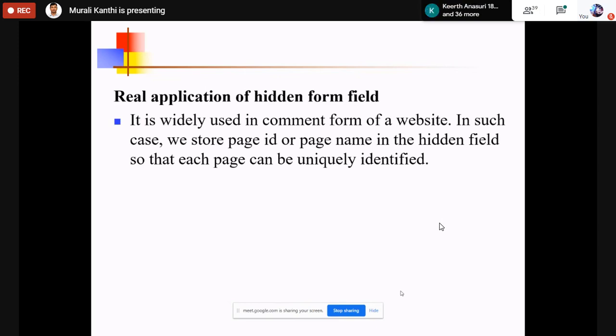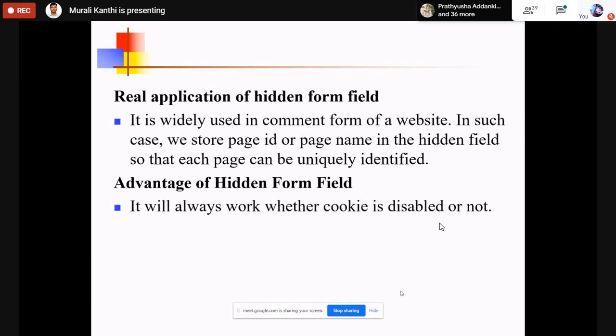If you take one site, it consists of different pages, and every page has a unique ID and a name. Then each and every page can be uniquely identified with the help of this ID and page name. Here the form field is used. So that is the real application of the form field. Then the advantages of the form field.